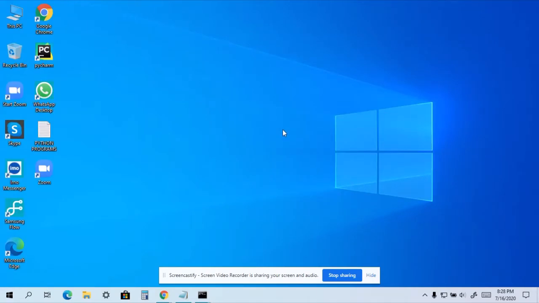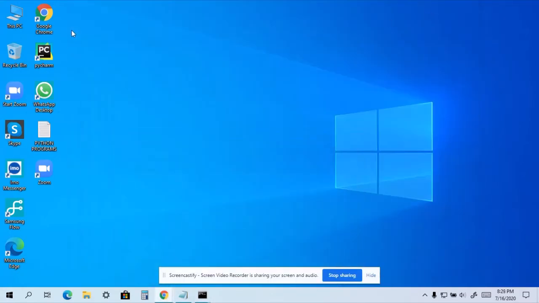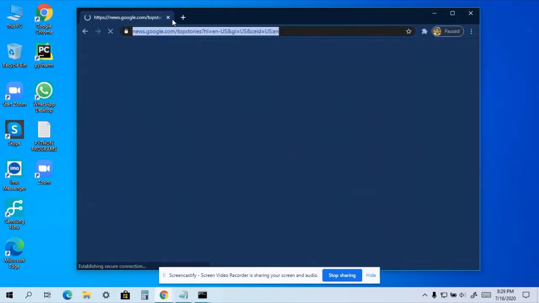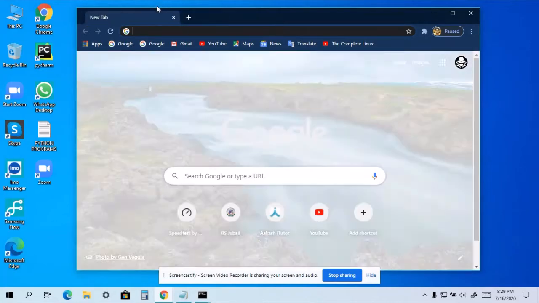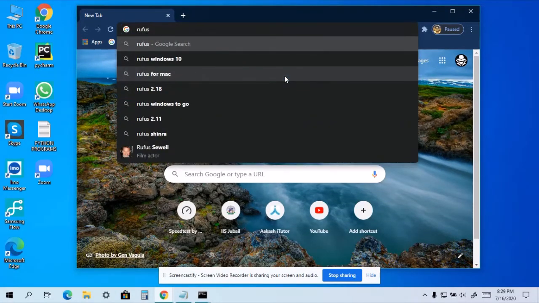But still, if you face any problems, what you need to do is go to Chrome. I'm so sorry, I opened this by mistake. Then type Rufus.